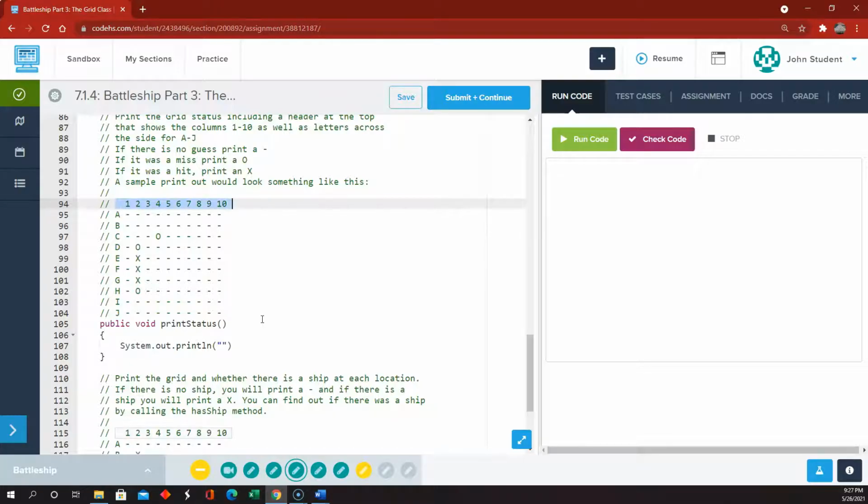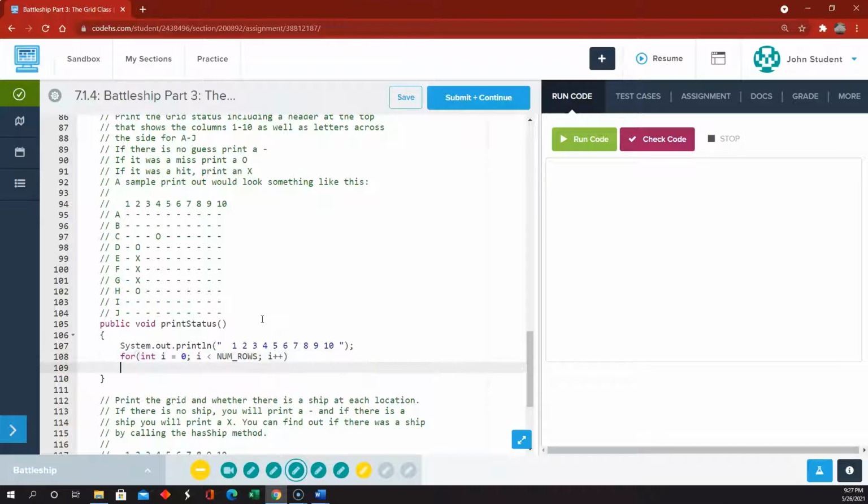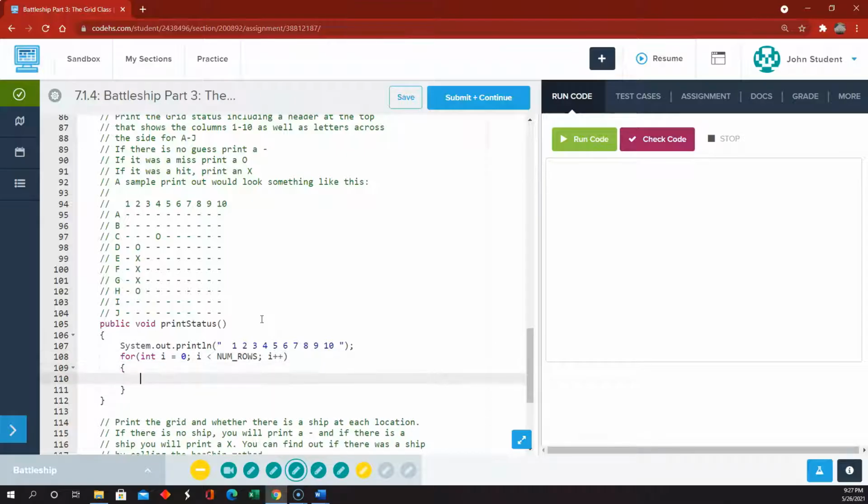Everything over to about there we want to print out. So that's the first thing we're going to have to print out. Then we're going to go through a couple loops. For int i equals 0, i less than num rows, i plus plus,